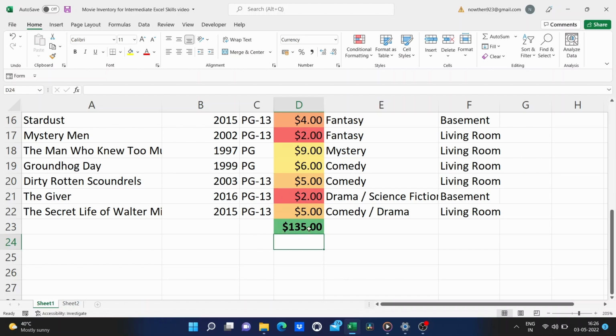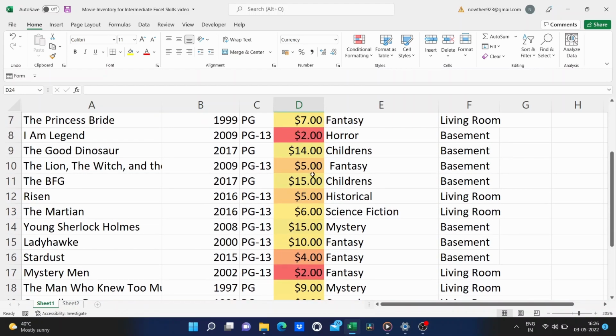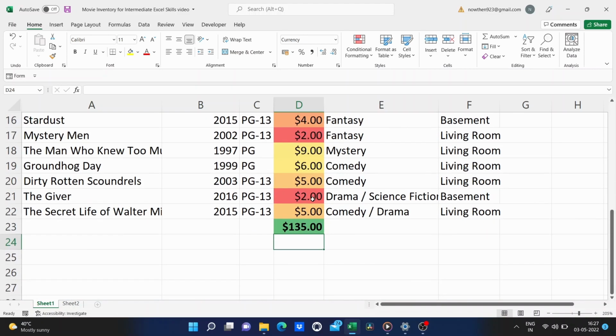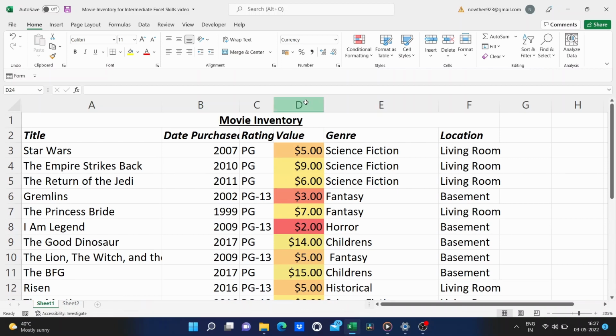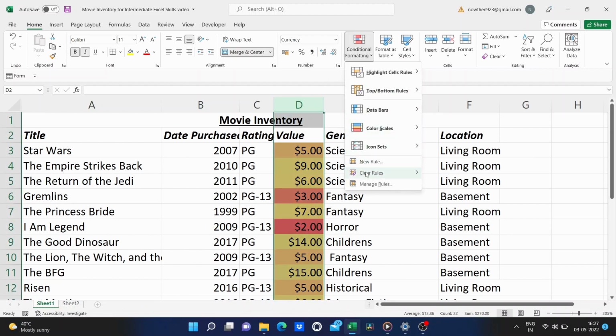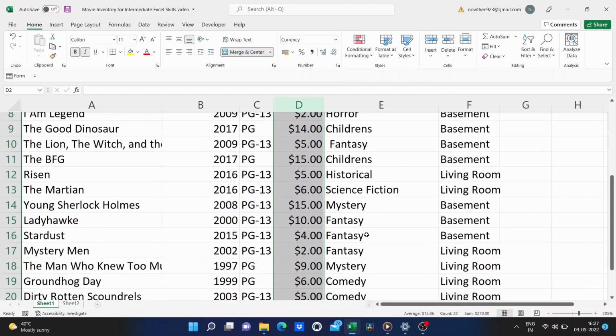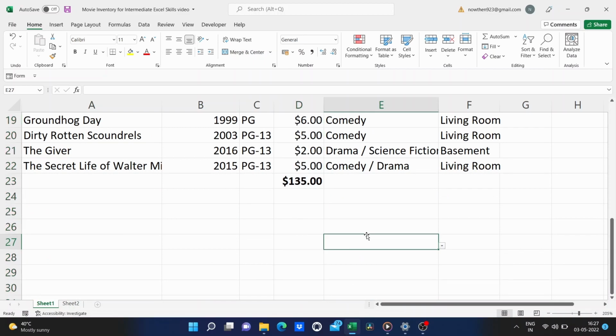Now this is the only green value, and everything else is small compared to it. Right, so I need to fix that with my conditional formatting. I'll go in and highlight that entire column, and I'm going to clear the rules. Okay, so it gets it completely out, and I just want conditional formatting with just those numbers, not the total.